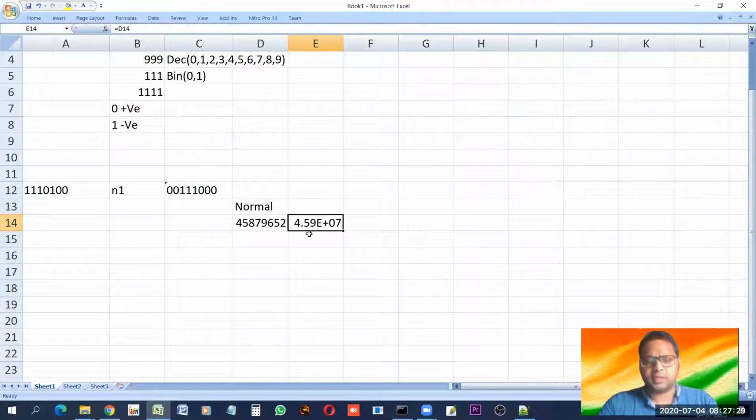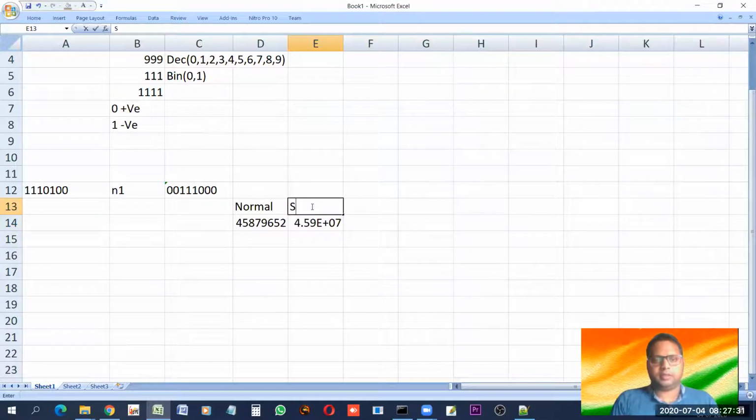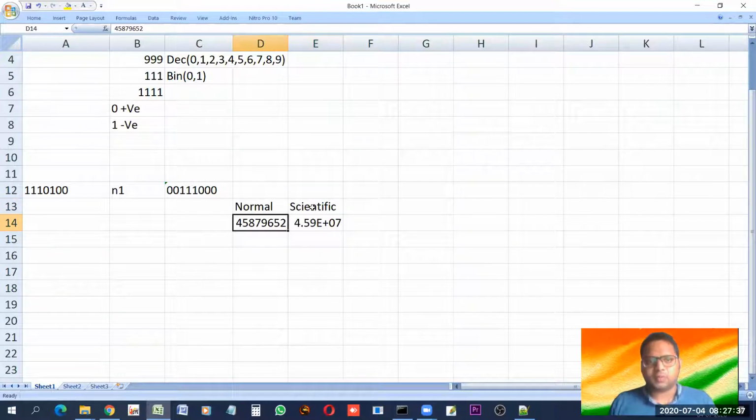What is this? This is the normal notation of a number. And this is the scientific notation of a number, the same number. These both represent the same thing. How? Let me make this point very clear.